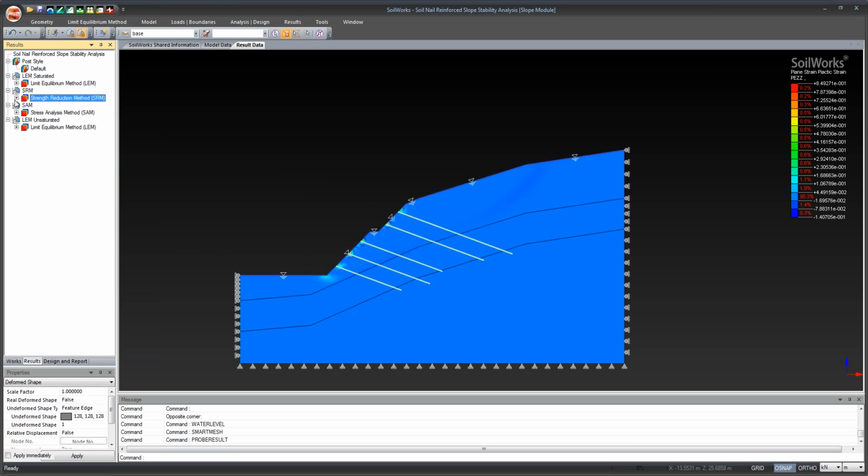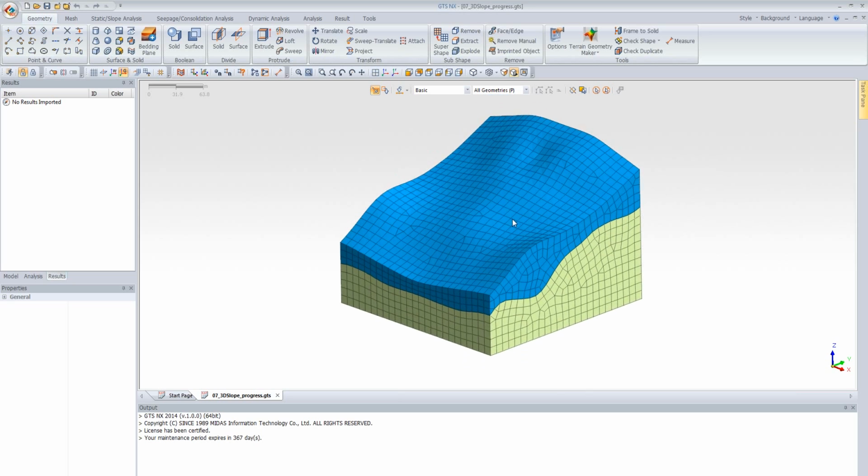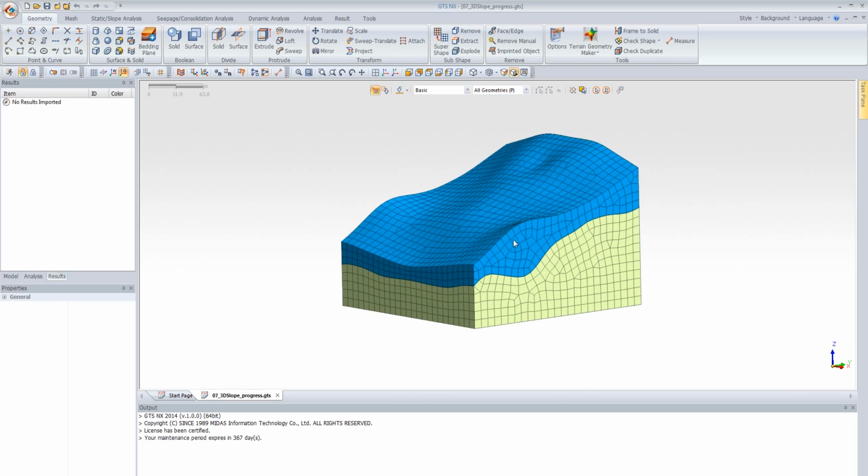Okay, so that's just a quick rundown of the limited equilibrium method and the strength reduction method via SoilWorks. But one thing that I want to bring up before we close is how 3D modeling is done. So let me pull up GTS NX here. So this is a sample of a 3D slope stability model done on GTS NX, which is specifically for higher end or 3D analysis. So as you can see, if your slope isn't very